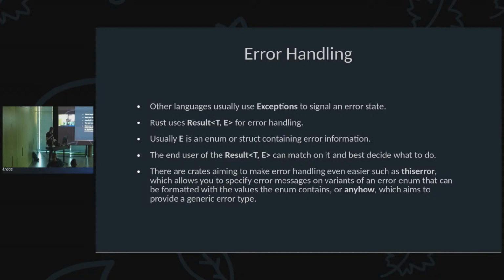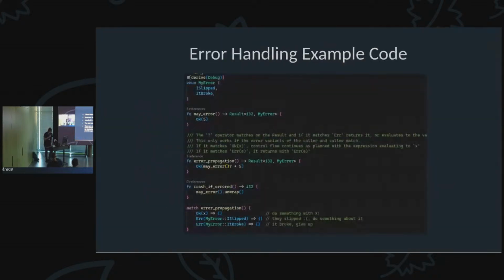Here we come to error handling. Other languages usually use exceptions, and Rust uses Result for error handling, where E is an enum or struct containing error information. The end user can match and decide what to do. And there's also crates that try to make this easier, most notably anyhow and thiserror, which I really like. I would recommend taking a look at them if you are serious about trying Rust. Here's an example code